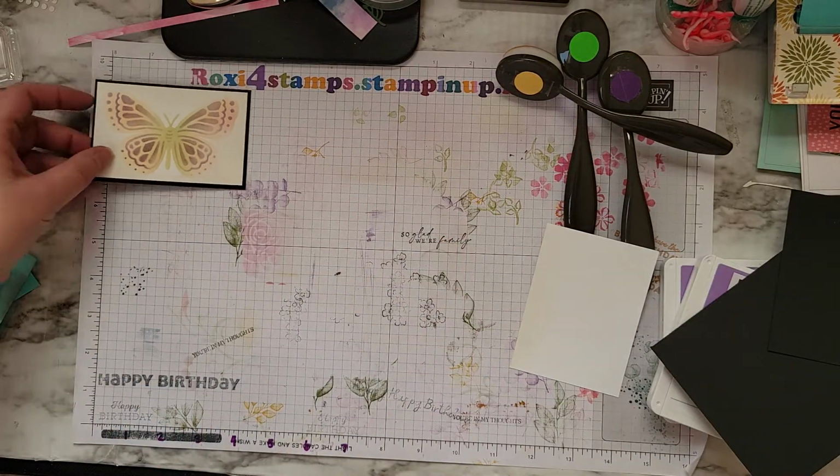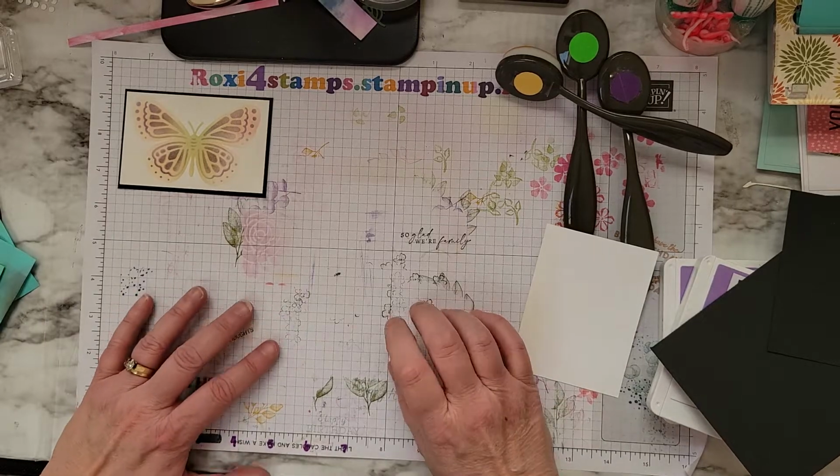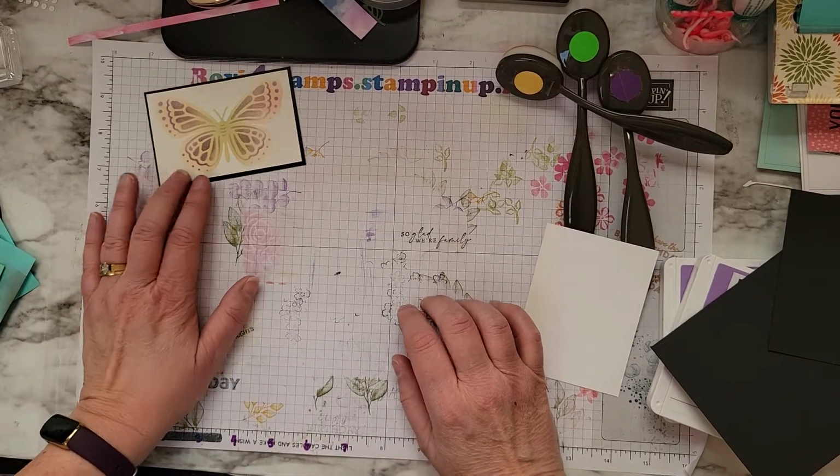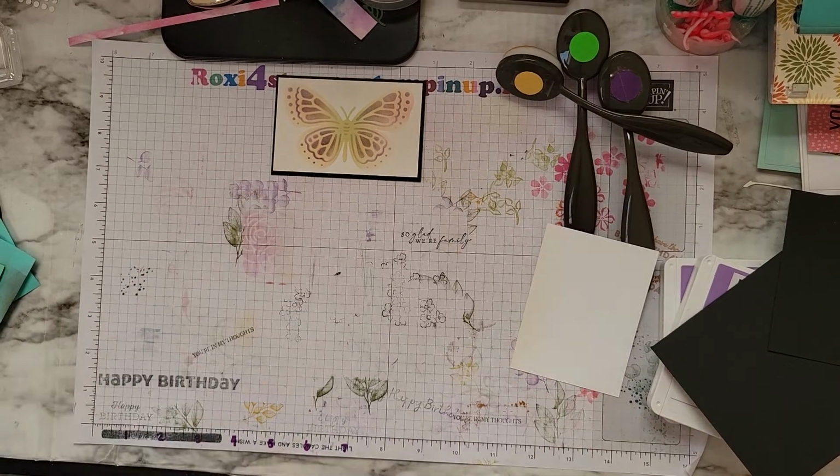All right, so now let's figure out which color cardstock I want to use. I'm thinking I want to really pull out that green from the middle. So I'm going to grab some Granny Apple green from over here. I'm going to cut it over here. You guys know how to cut paper. You don't need to see me cut paper. I'm cutting it at...